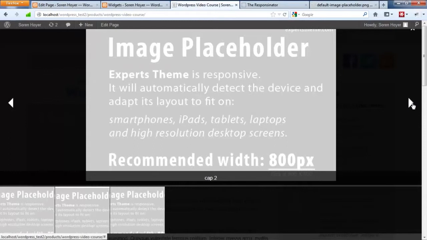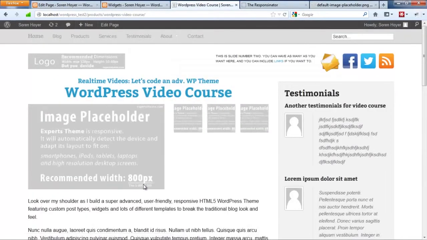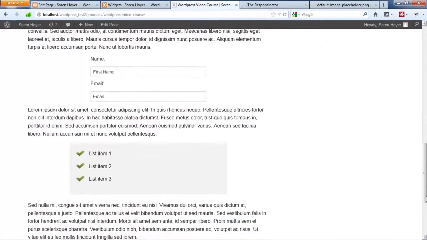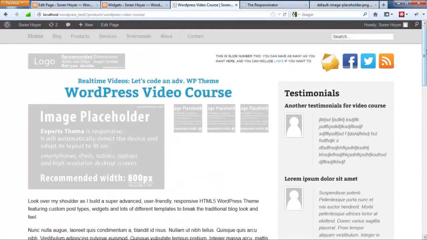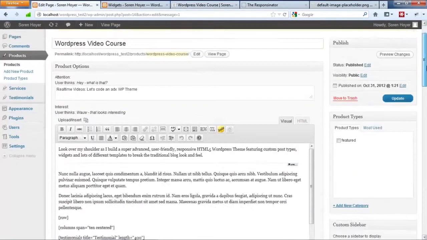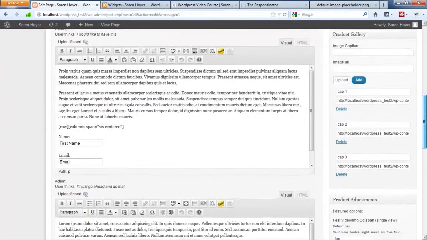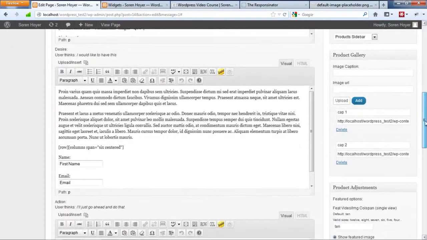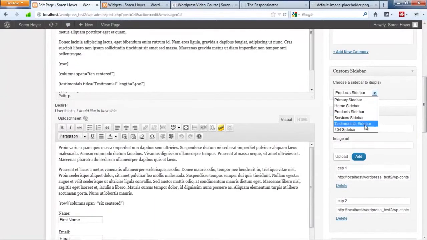And this is how it looks when you click on one of the image thumbs. I believe this could be pretty useful for some of you. You can delete it, of course. You can delete your images if you wanted to.